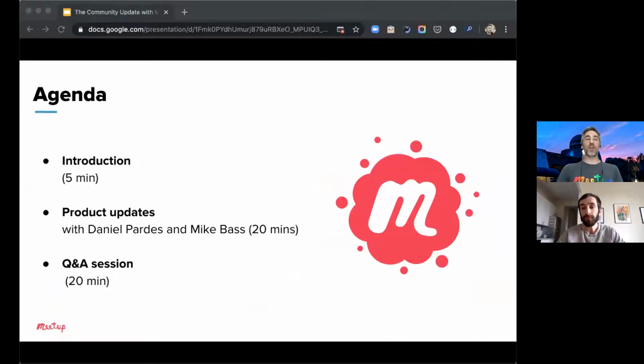There is also a Q&A window in Zoom. It looks like two little chat bubbles overlapping. If you click on that, that's where we're going to take questions that we'll answer in this session. If you put a question in the chat window, we'll likely miss it. So make sure you post it to the Q&A window and we'll get to those.